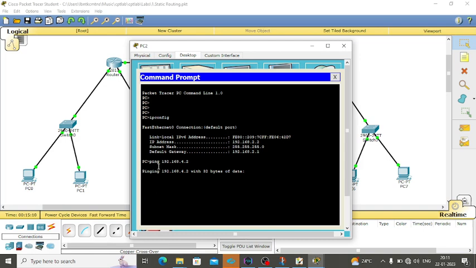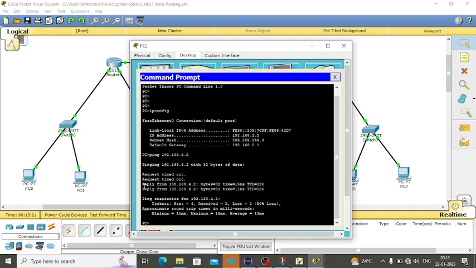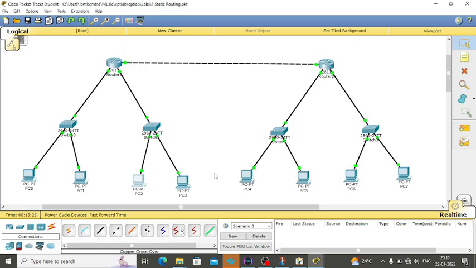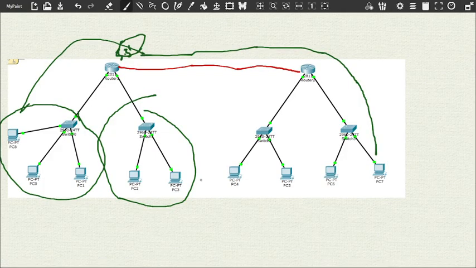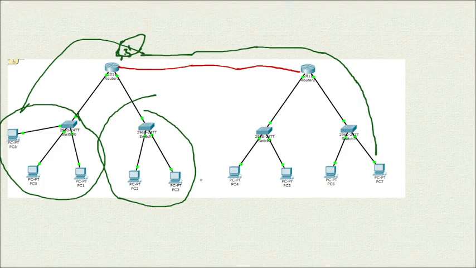Wait for some time. Yeah, finally I got the reply from it. Reply from 4.0. It's the very first one. So now it's a very useful thing, you know. So now the routing table is, you know, that